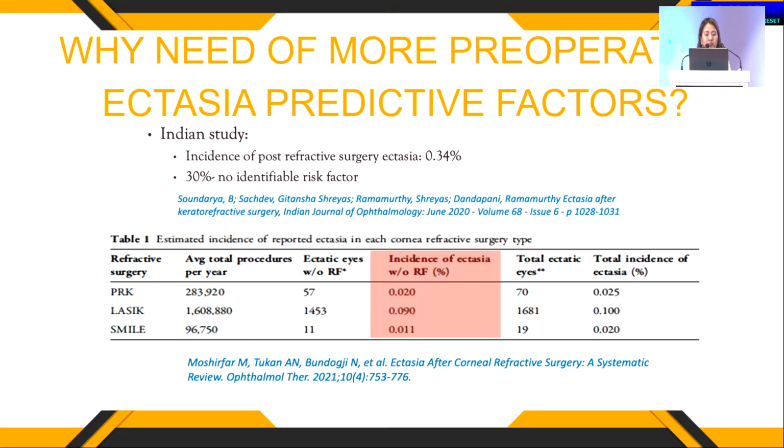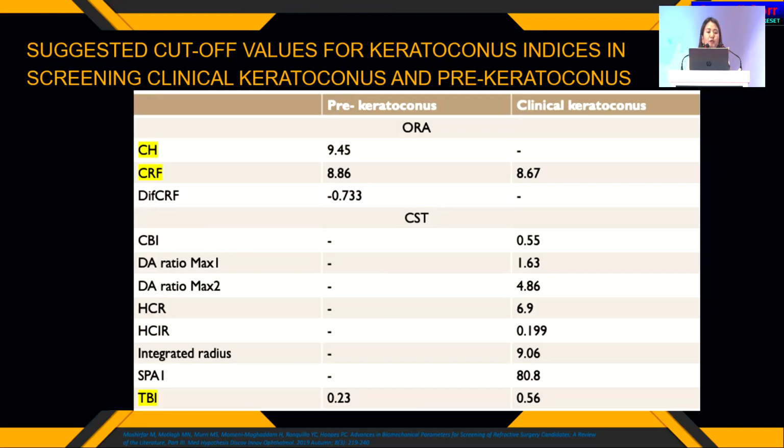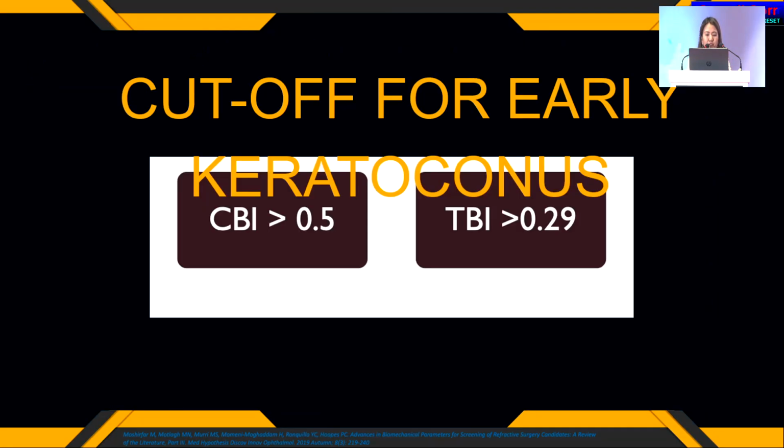Apart from that, another study by Moshirfar et al. has shown that in numerous surgeries performed for PRK, LASIK, as well as SMILE, there were a limited number of patients where no risk factor was identified. So they again attribute biomechanics to be the reason for the same. So this is just a cutoff value, which is more theoretical. Again, a CBI of more than 0.5 and a TBI of more than 0.29 is something we need to remember